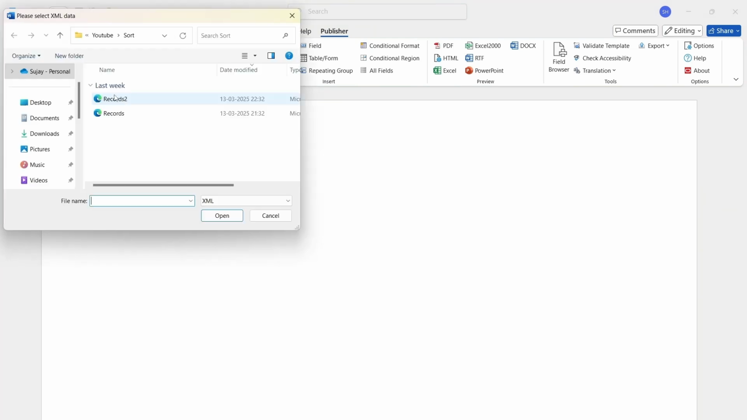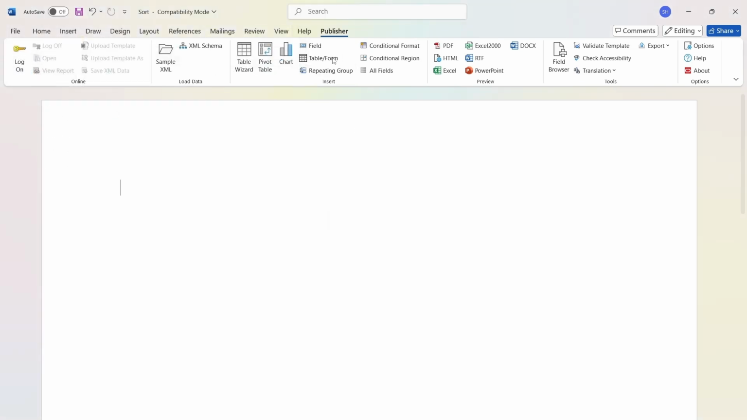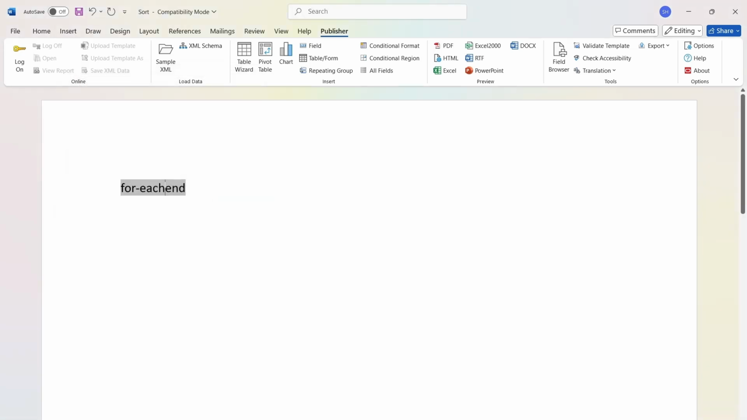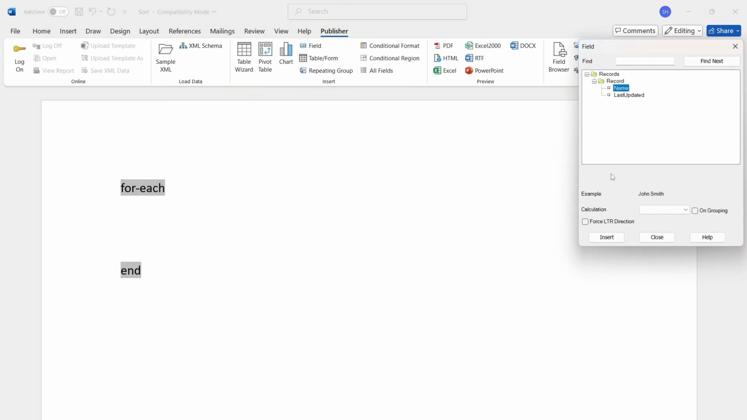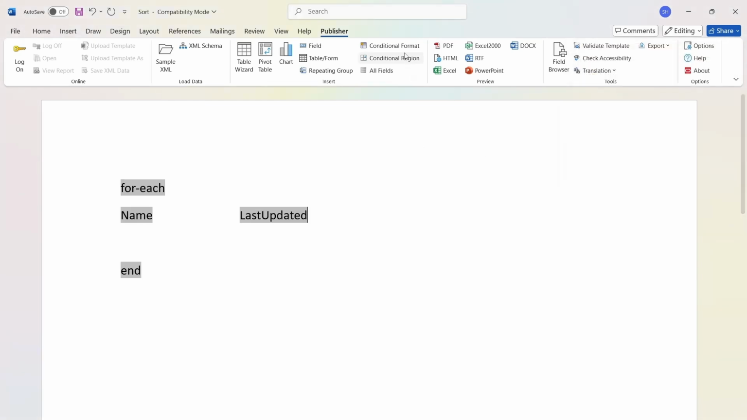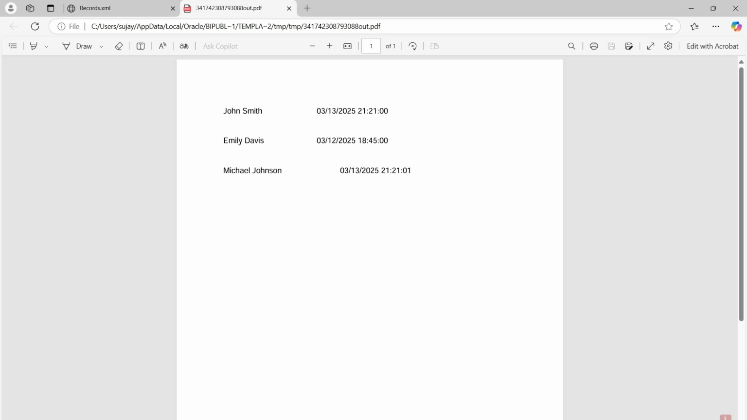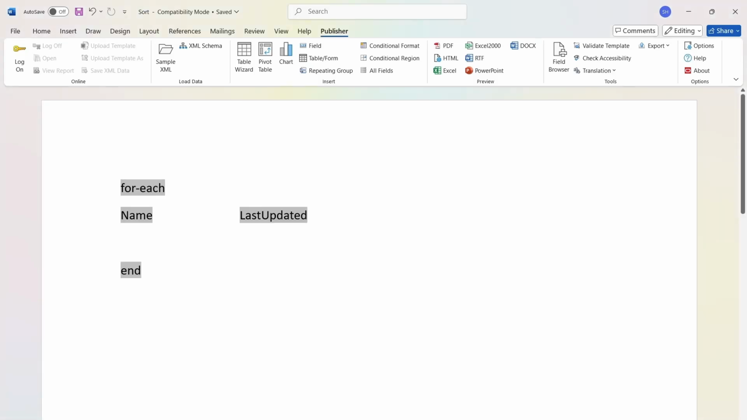Let's load the sample XML and loop through the records. Add the name and then the last updated field. Alright, so let's sort first on name. So sort